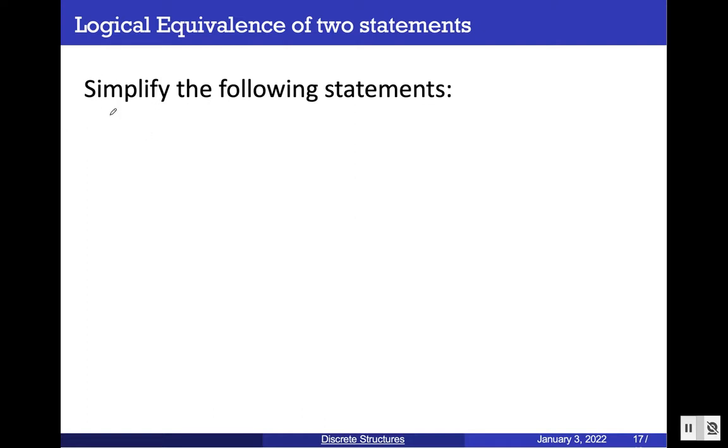Let's see a given statement that looks like this: not (P or Q). We are going to see whether we can simplify the statement. Then the simplified statement will be logically equivalent to this statement. All right, so we have here